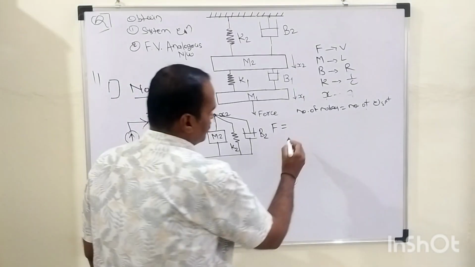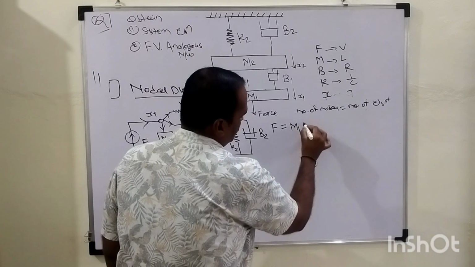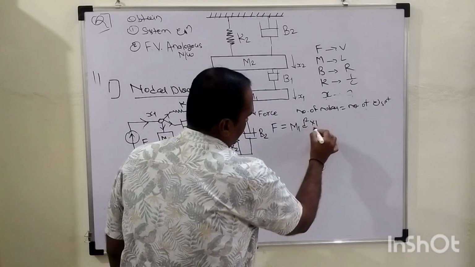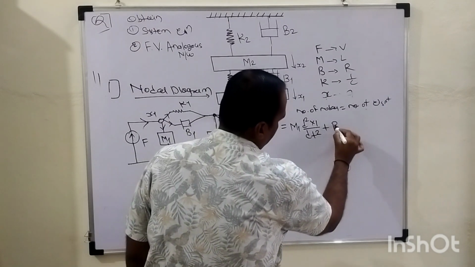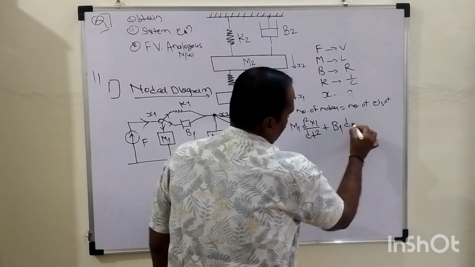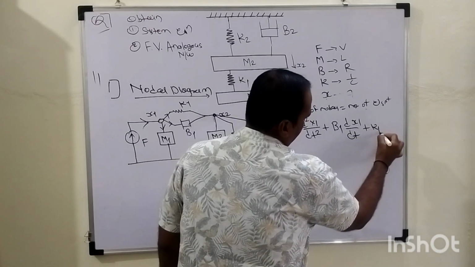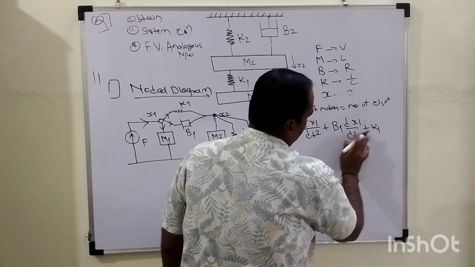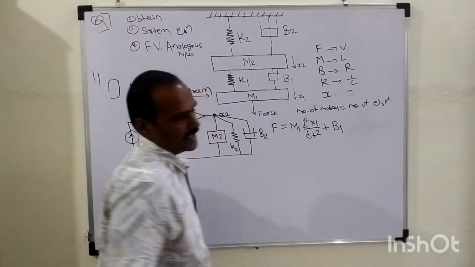So by taking this fact into account, the system equation will become: M1 into d square x1 upon dt square plus B1 into dx1 by dt plus K1 into, sorry,